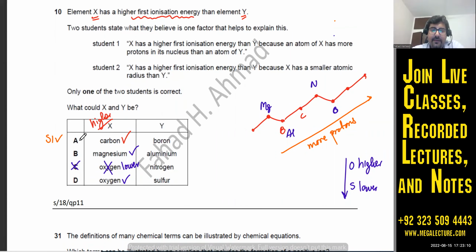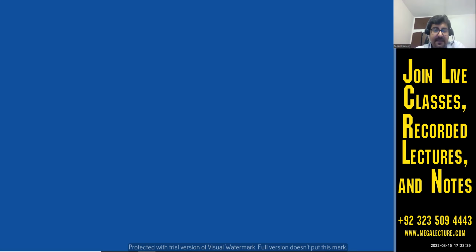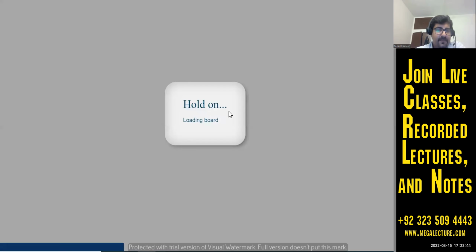So now student 1 is not correct for option B because for aluminium there's a dip, right? Magnesium actually has a higher ionization energy. So student 1 is not correct because this dip is not following the trend. Aluminium has more protons. Aluminium should have had a higher ionization energy, but there's a dip. And we did do the reason for that. Just a second, let me put it. The reason for that was